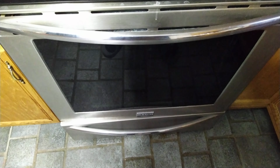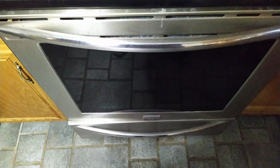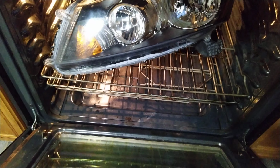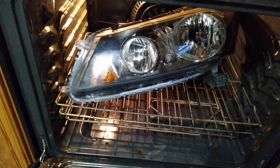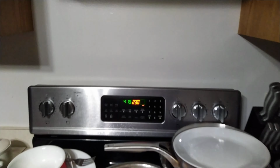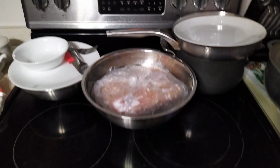All right, here's a super quick tip on how to do this. I'm not going to do the whole headlight on camera, but you want to put your headlight in the oven at 230 degrees for about 10 minutes. And once you take it out,